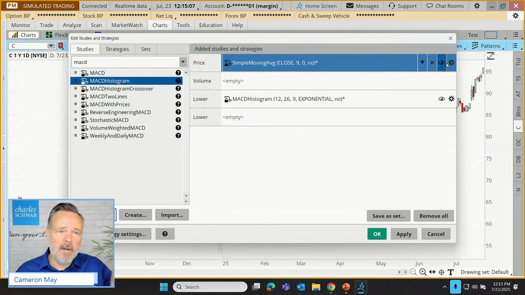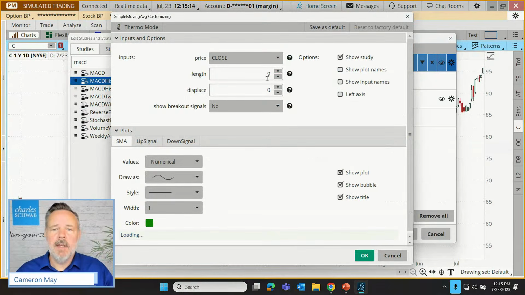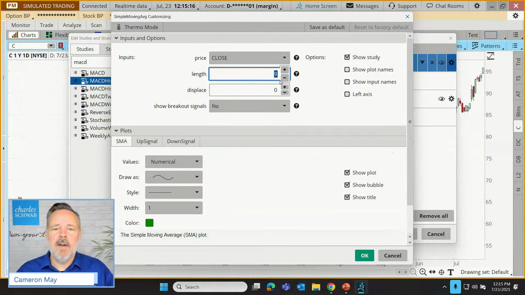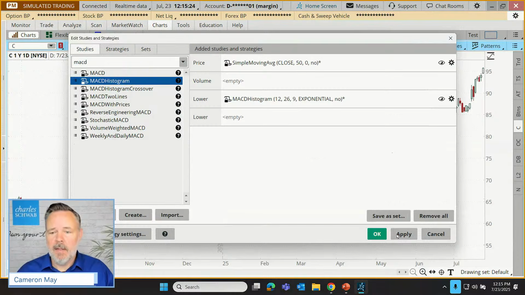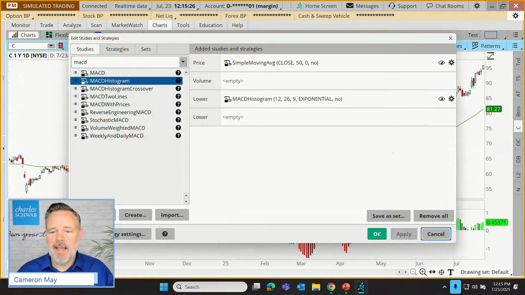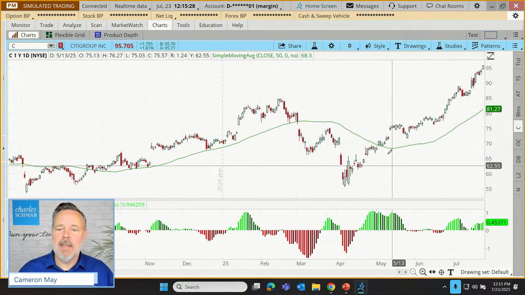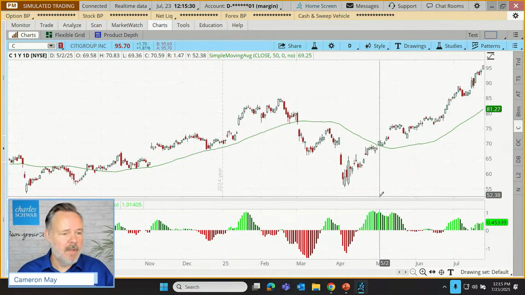We talked about the monitor tab, we talked about the trade tab, we talked about the scan tab, and how we can customize using little gears. Yeah, we could customize this one. Let's say that our trader doesn't want just 9 days worth of data. Maybe they want to look at the last 50 days to generate their trend line. Let's click OK, click Apply, and that's now added our indicators to our chart.